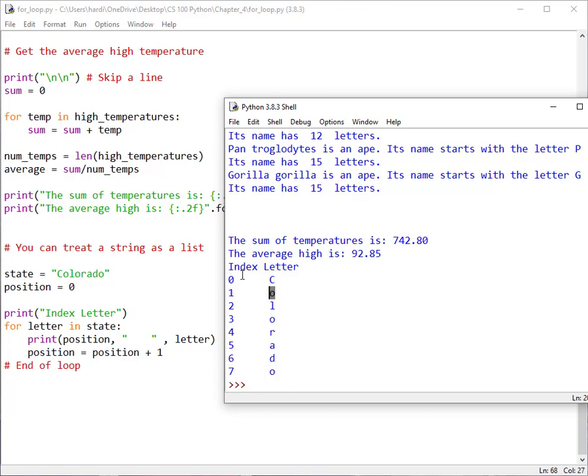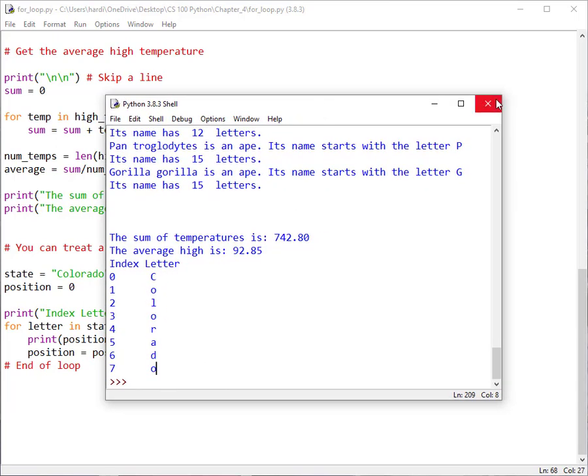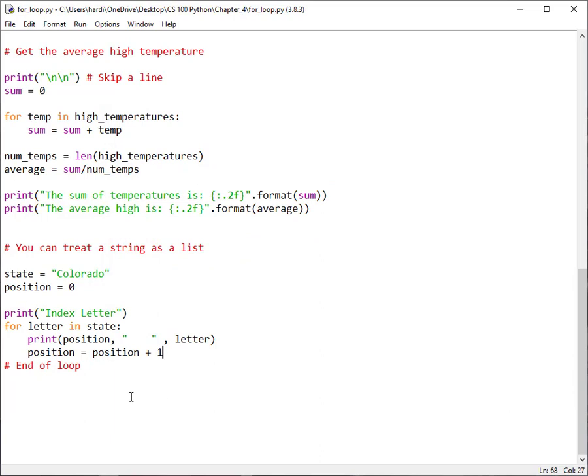So as we go through the loop, we can print out the position of each of the characters, and we can pull the character out of the string as if it were an item in a list and print those out as well. So that's an important thing and a strong capability that you have with Python. You can treat a string as a list. Now, I think we have put enough information into this video, so I'm going to close it